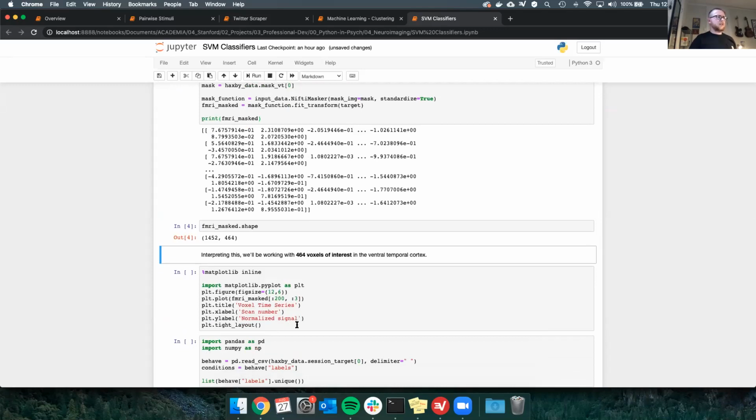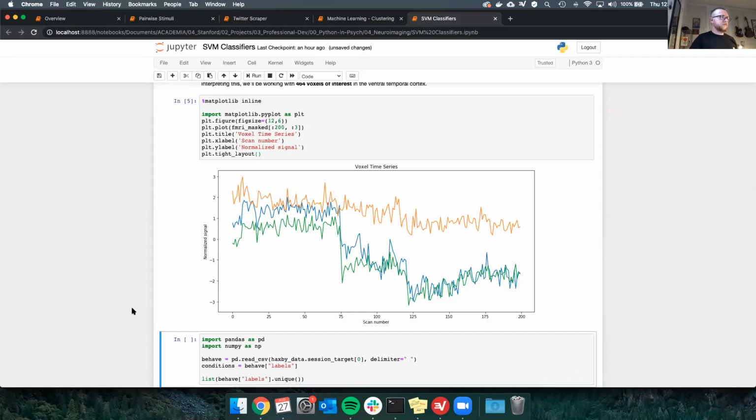Let's take a look at those first three voxels just to see the time series. I'm talking about obtaining the signal here. Let's see what that looks like. So this, I believe, illustrates the functional nature of this task, right? The first 74 scans or so are pretty harmonious in terms of neural activity. We've got a similar trend line. And right around scan number 75, we see something really change.